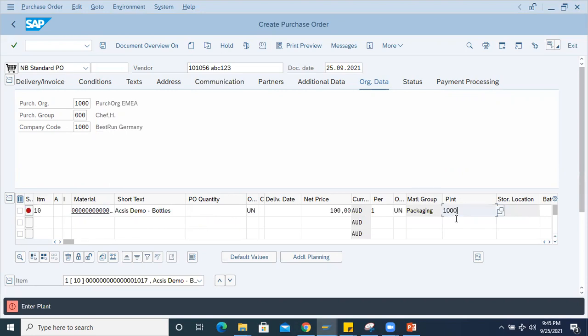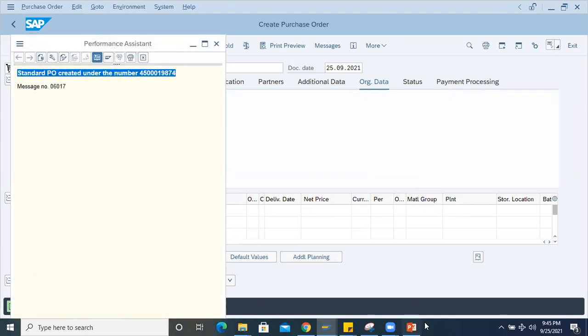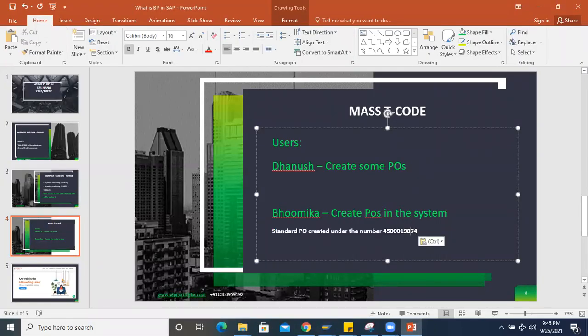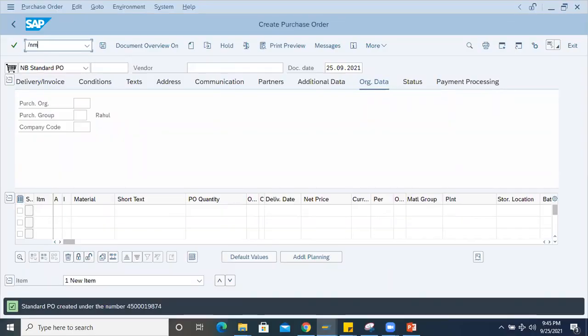And then the plant. Here she is going to enter the quantity, 10 numbers, and as of now the purchasing group is 000. So I will tell you the scenario of how we are going to do the mass change for a particular field from the PO. That's why I'm going to create some POs with this user ID. I'm going to save it. This is one PO created. I'm going to add another. So she may create another couple of POs in the same day,